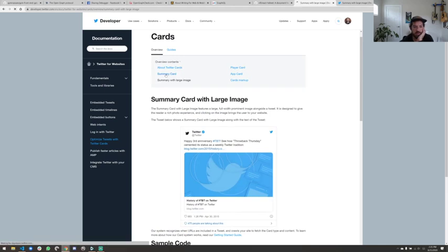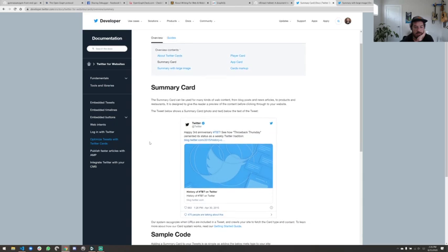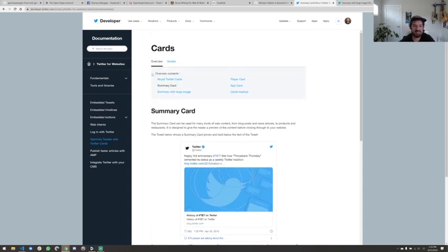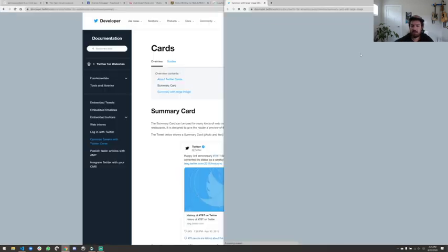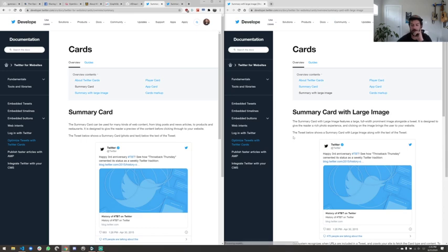Hey, nope, summary card, not with large image. There we go. Does that look identical to anyone else? What's the difference here? Oof, okay.